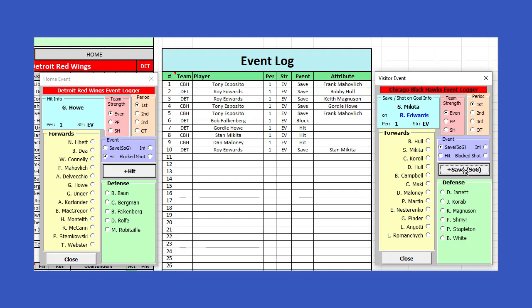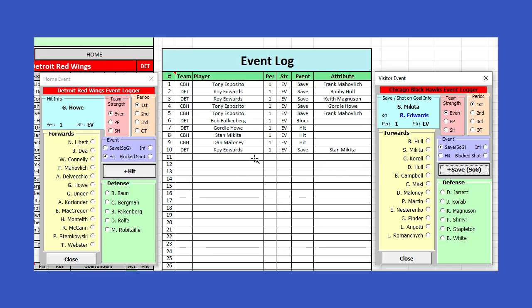And this button changes based on which event you're choosing. Like over here in the Red Wings, it's on hit, so it's plus or add a hit, and I could pick a player and hit a button, and then they would record that they got a hit. So these are, okay, basically it's for saves, which is like shots on goal, hits, or blocked shots. And I would kind of call these advanced stats. You can also record an injury here, but